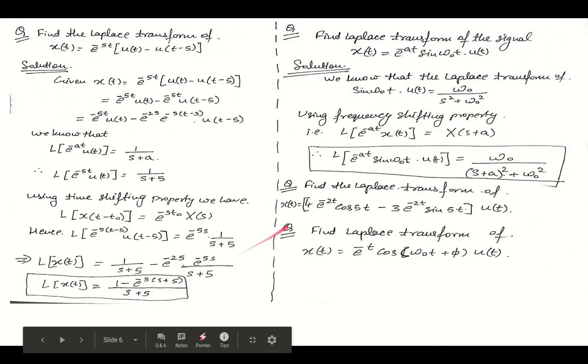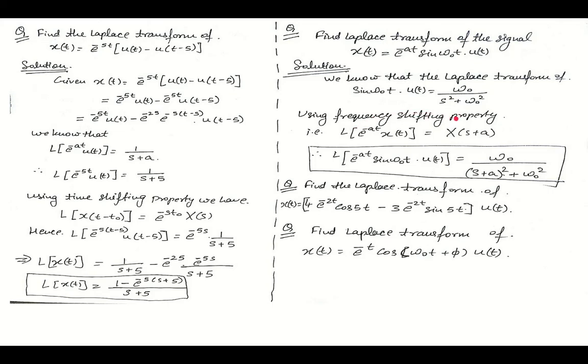Now similarly, we can use the frequency shifting property. Accordingly, we have been given the question: find the Laplace transform of the signal x(t) is equal to e to the power minus at sine omega naught t into u(t). We know that the Laplace transform of sine omega naught t into u(t) is omega naught upon s square plus omega naught square. Now according to the frequency shifting property, we have Laplace of e to the power minus at into x(t)